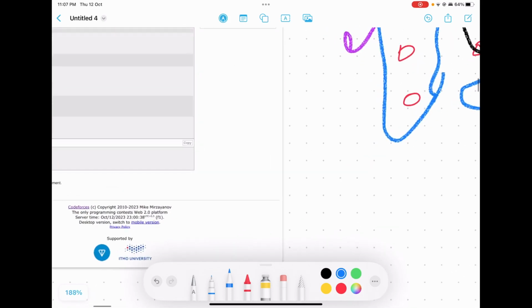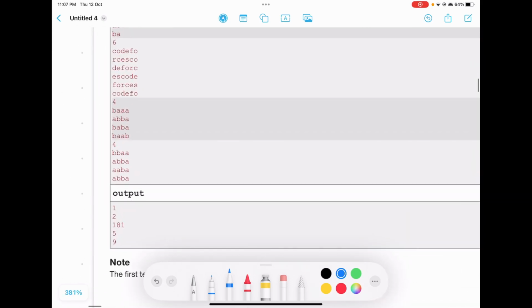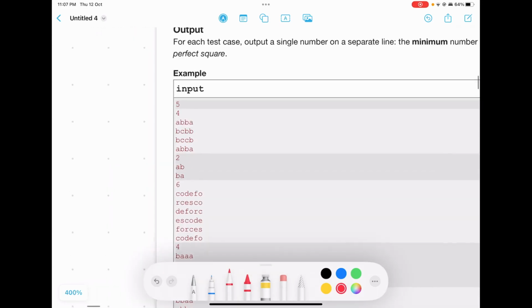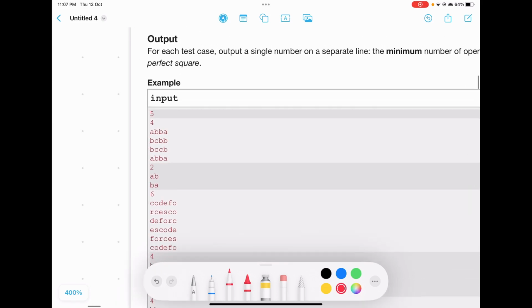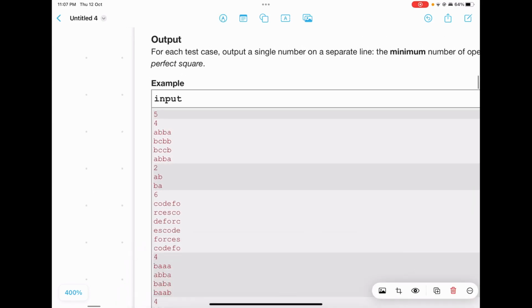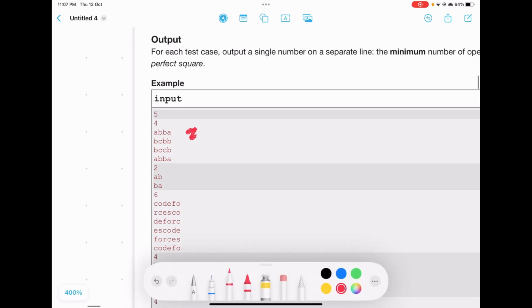Now we will try to understand it using a given test case. Assume we are taking test case first.